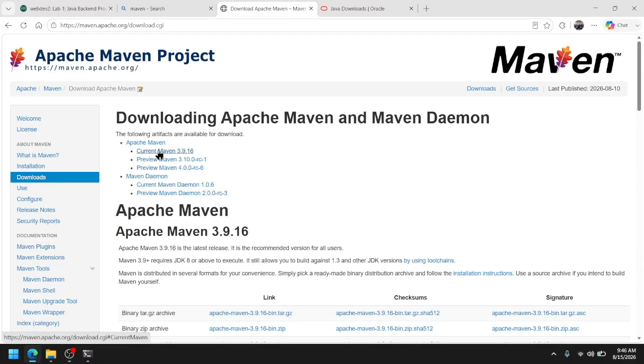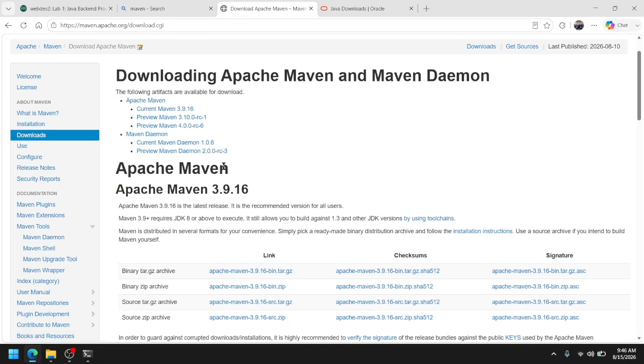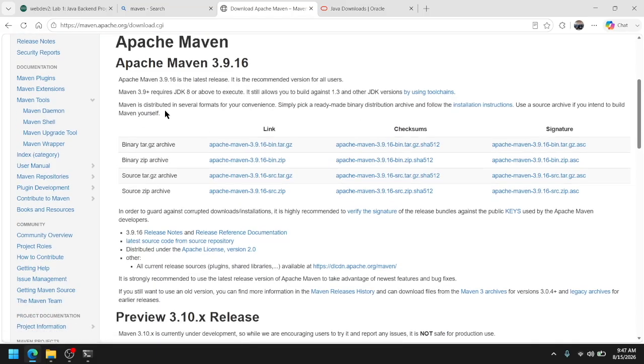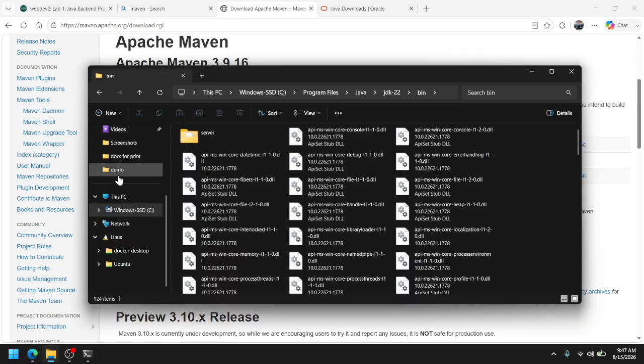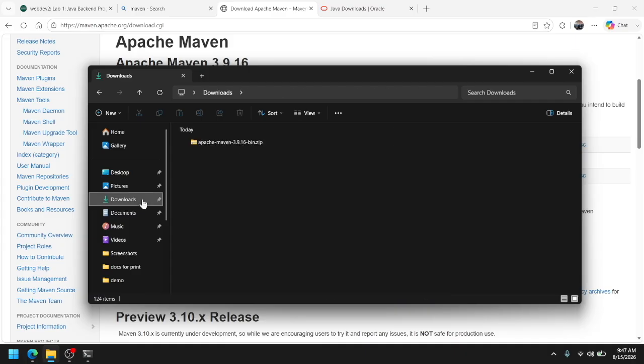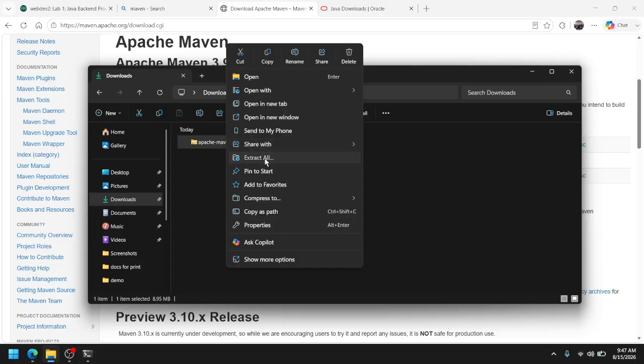And then you just click on the current, or maybe you just go here. Okay, you scroll down here and then select the binary zip format. Okay, that will be easier for you to unzip. You click on that and then you will be provided with a zip file like this. So what you will do is you right click it, extract all,